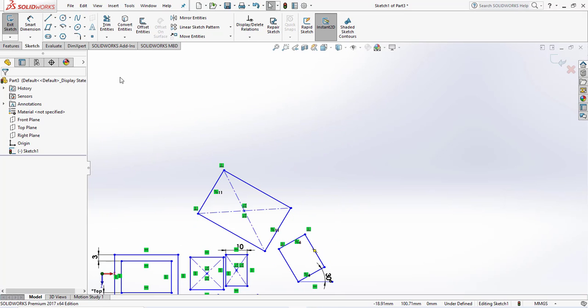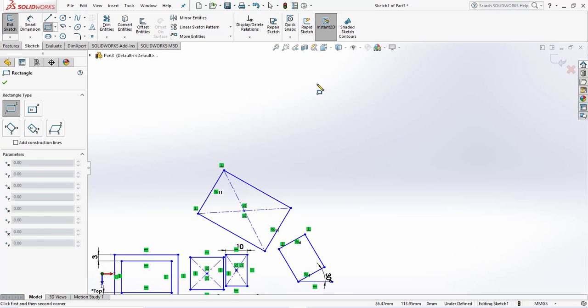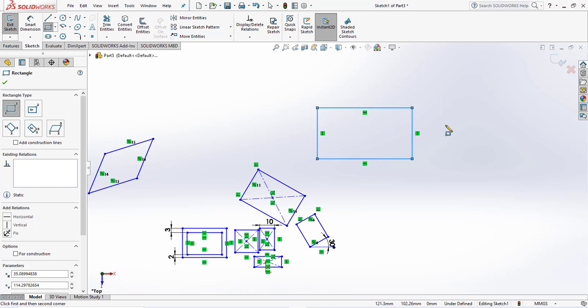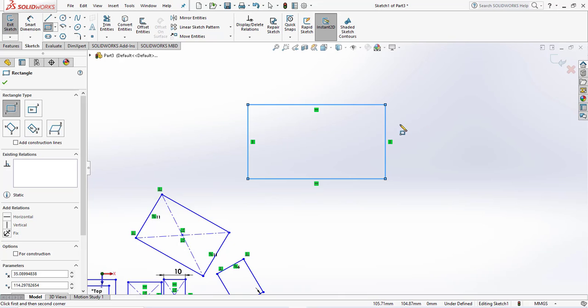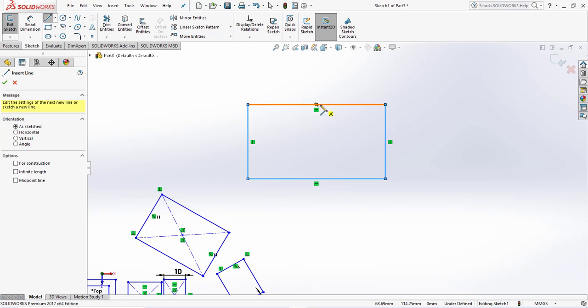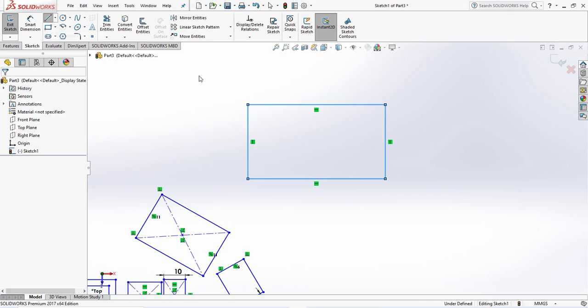And the center line: suppose you create a corner rectangle, and you need to sketch a line from the center. So first take a line and then center line,